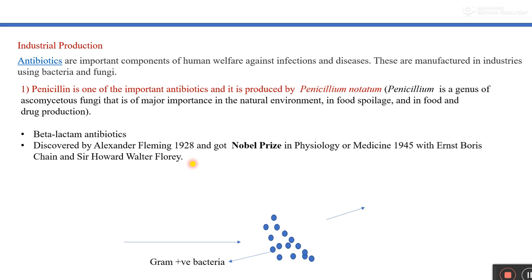As you know, serendipity is the accidental discovery of a particular scientific research finding. And there is one small story behind the discovery of penicillin, which I would like to discuss. Alexander Fleming was a microbiologist, and